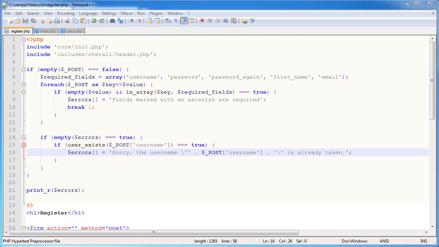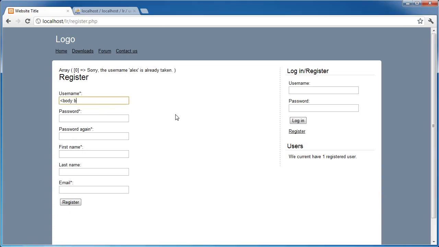Is already taken. Now what I'm going to do is I'm going to go ahead and type in body bg color equals black. Obviously this is a ridiculous way to set a background color in a document. We would use CSS, but I'm just using this as an example. Type in Alex and my email address. Now I'm going to click register. Oh, okay. Oh, of course, because that username already exists. The point I'm trying to get across is